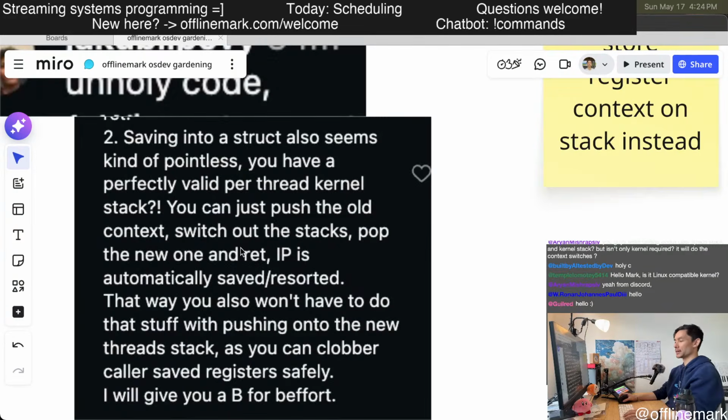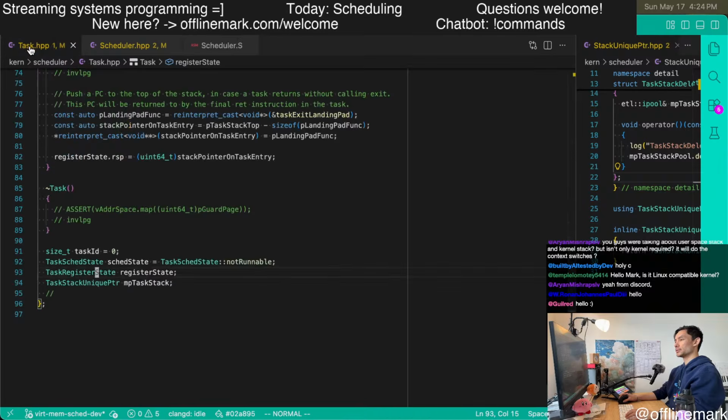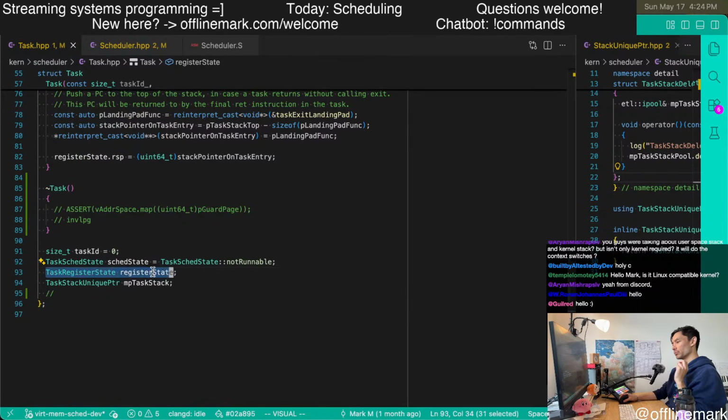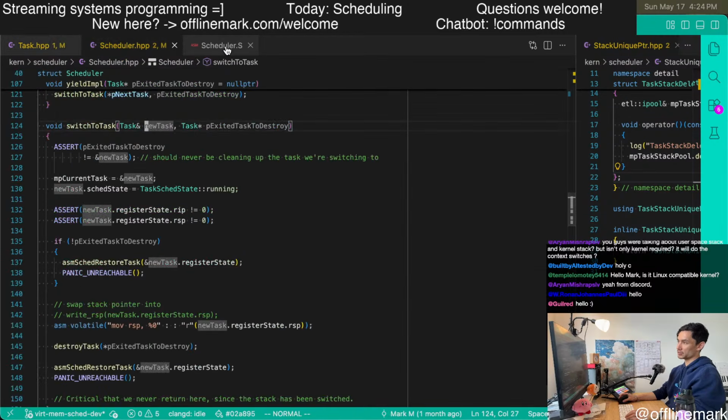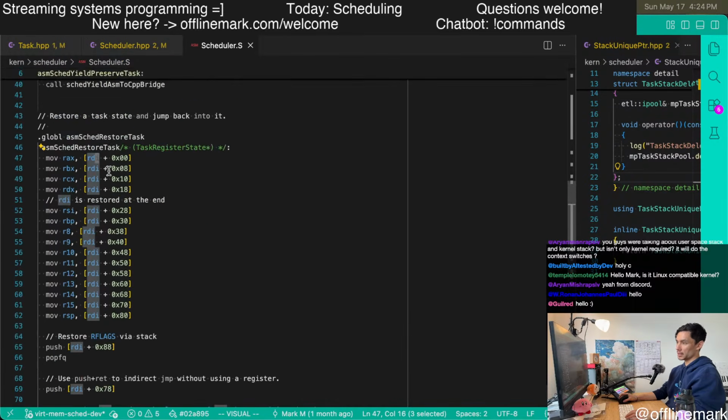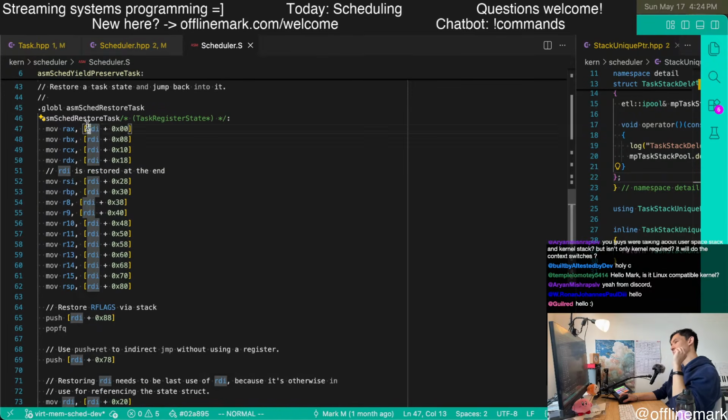So this is saying, why would you do it this way when you could push the context onto the stack directly? That is going to simplify this assembly quite a bit. There's no need for RDI; it's going to be the stack pointer. And all of these moves are just going to be pop, pop, pop, pop.